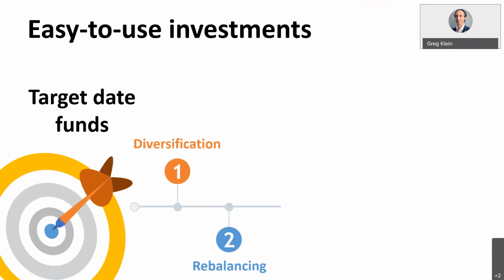They'll rebalance. So they're going to periodically bring that asset allocation into alignment by doing that rebalancing, because they're going to adjust that based on your time horizon. With a target date fund, how it works is the closer you get to your target date, which is your retirement year, they're going to adjust to get more conservative or less risky.